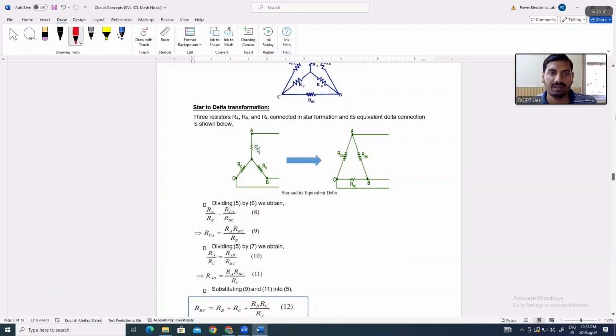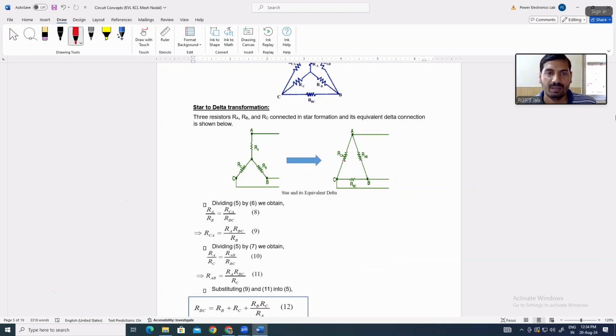कनेक्टेड इन स्टार। ओके, RA, RB एंड RC सेम टर्मिनल पॉइंट अभी भी ले रहे हैं A, B एंड C, उसको हम इक्विवेलेंट डेल्टा में कन्वर्ट कर रहे हैं A, B एंड C। A और B के बीच RAB है, B और C के बीच RBC है, C और A के बीच RCA है। सिमिलर नेटवर्क है। अब हमको ये मानना है कि हमको स्टार में दिया हुआ है, हम इसको डेल्टा में कन्वर्ट करेंगे। ओके, सिंपल है।